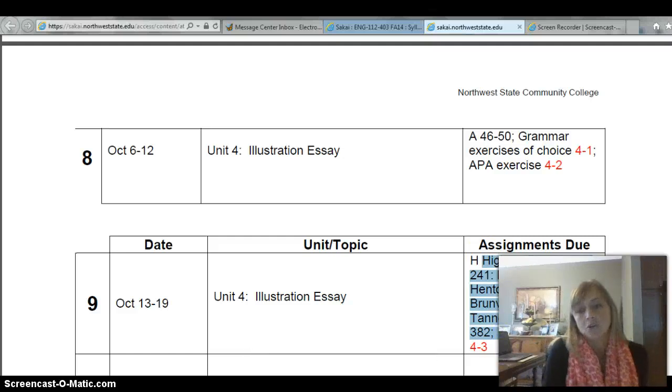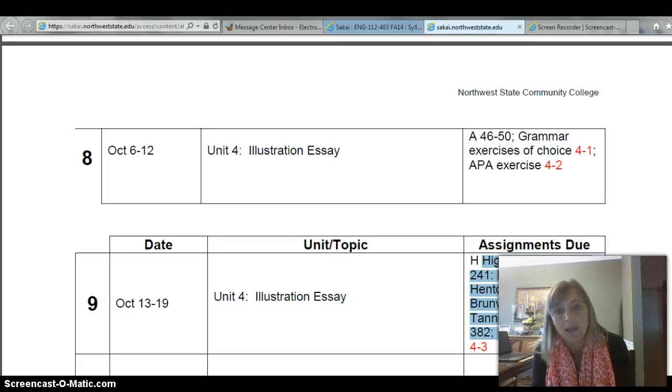These articles were all chosen because they do two things. One, they create really good arguments about topics that are relevant issues. The second thing they do is they all demonstrate illustration in writing, and if you notice, we are in the illustration essay unit. So these are dual purpose utility players for our unit this time.